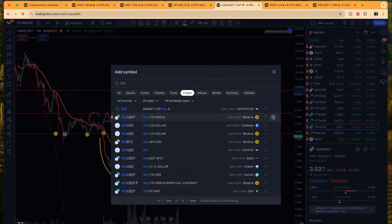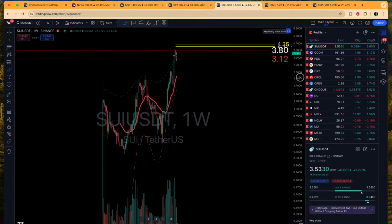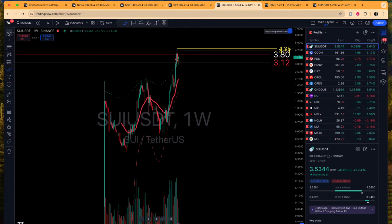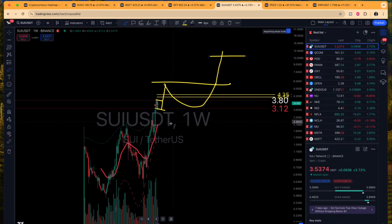Sui could be $10. Sui's a great crypto, but look at that run. I would say this, it ran early, we'll probably get up to here. I think I gave a target of around 5, probably then consolidate in this area before we can ultimately move to 10. And this being the idea that Bitcoin continues a run up to 150. I think Sui's going to do good, but